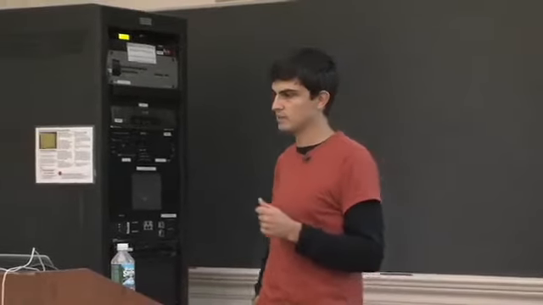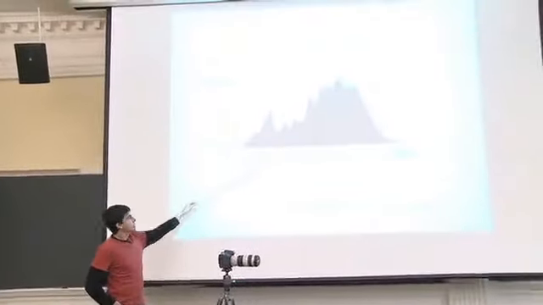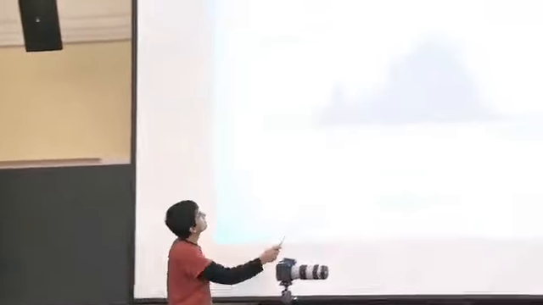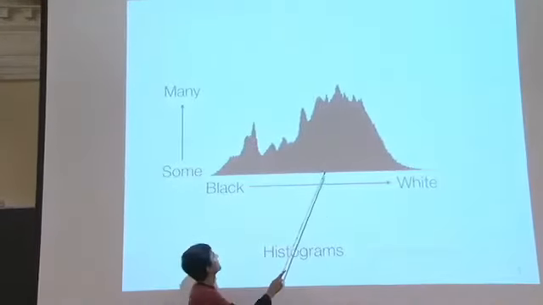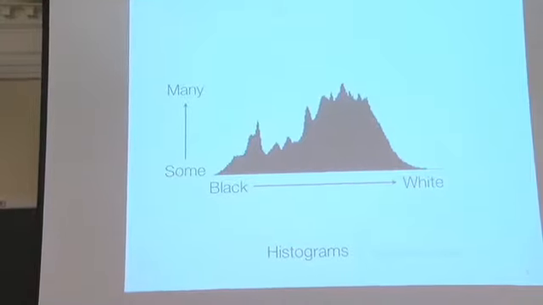So what I'm telling you about histograms is that it's just a frequency count of basically the tones within an image. So in this histogram's case, you can see that we have a very high amount of tones in sort of this mid-bright region. So not right here, not right in the middle, but it's sort of middle bright,